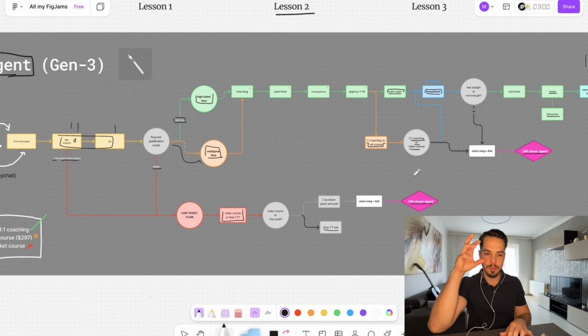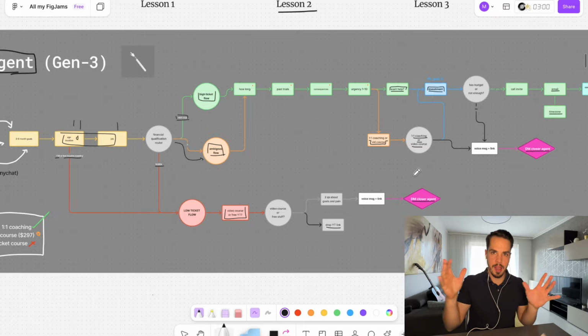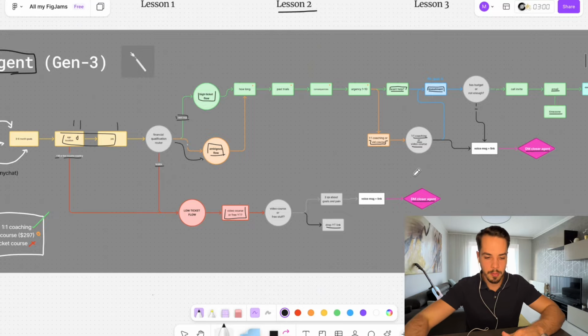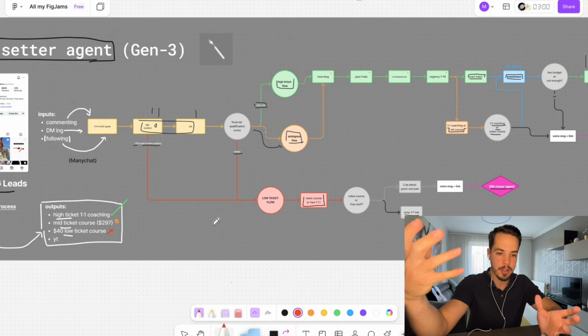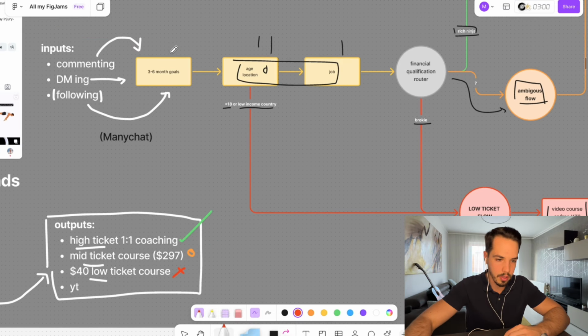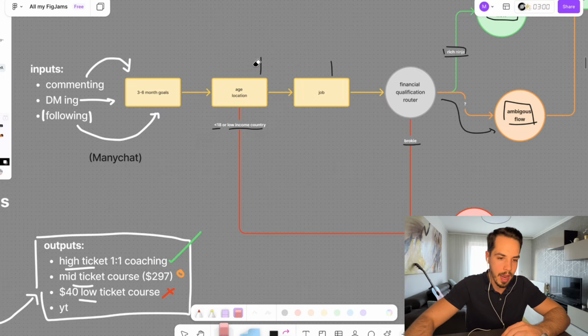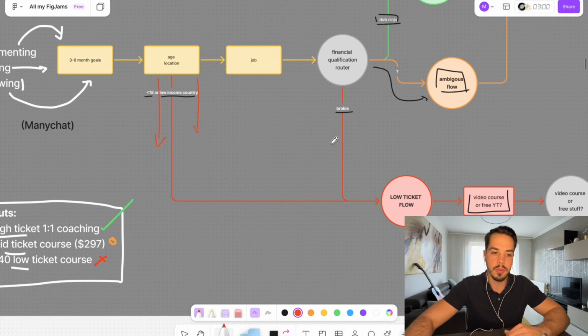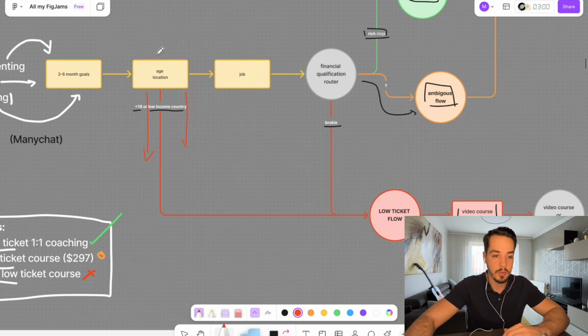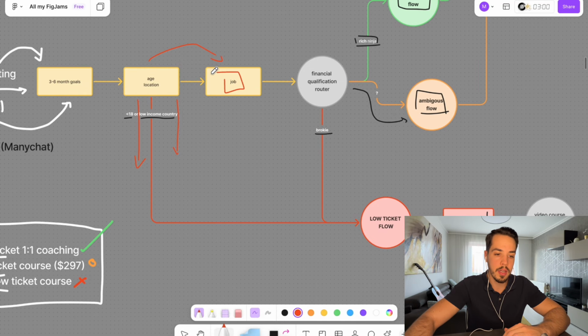So when I actually finish building this out, I'm gonna have complete hell in my life, because here's what I will need to do. I will need to test every single scenario before we actually launch it. So I would need to start a conversation and act here as a 17-year-old to test if it actually goes to the low ticket funnel. Then I will have to act like someone from India and then go to the low ticket flow. Then I will have to say, okay, I'm, let's say 21, I live in the USA, and I will have to say here, hey, I'm actually jobless, I don't have any money, and then go this way.